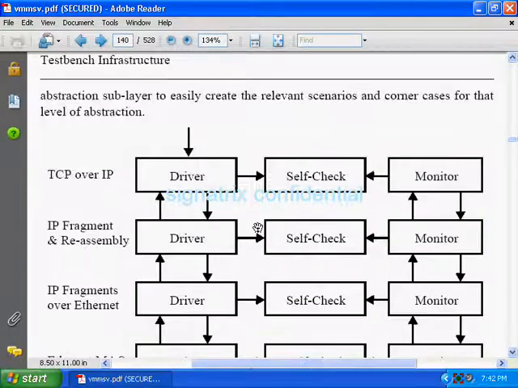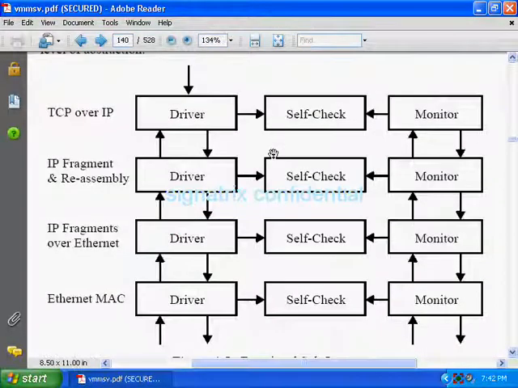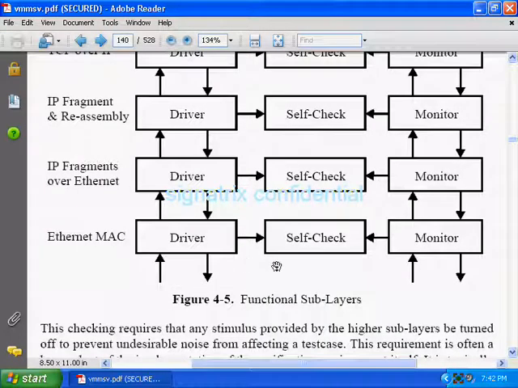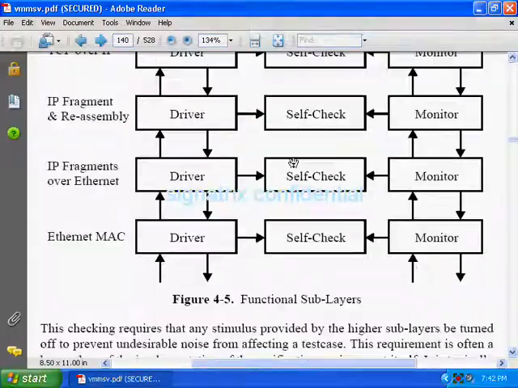So you see here, abstraction of sub layers makes it easy to create relevant scenarios and corner cases for that level of abstraction. So you can easily create corner cases at this level of transaction. Okay, so this is the Ethernet MAC. Here they talk in terms of physical, then you are giving IP fragments over the Ethernet, then IP fragment reassembling, and then TCP IP. After that you are giving the data to TCP IP. So in this way, this is how they are abstracting the